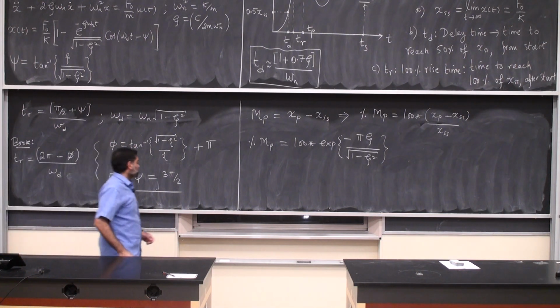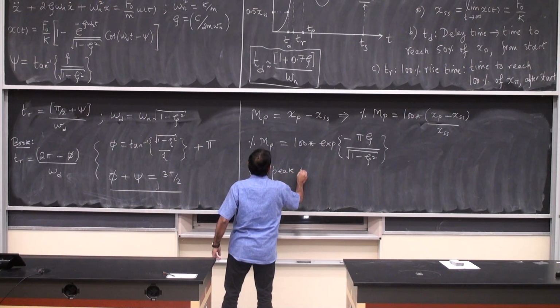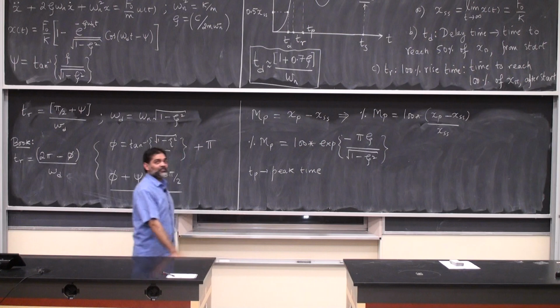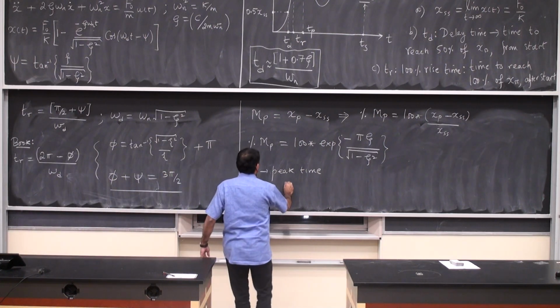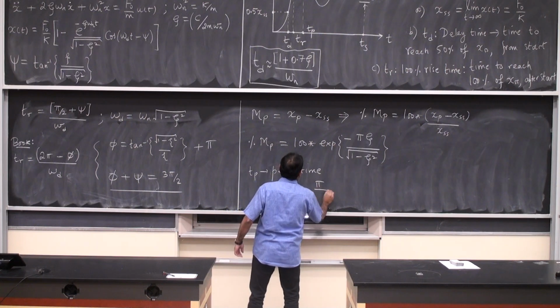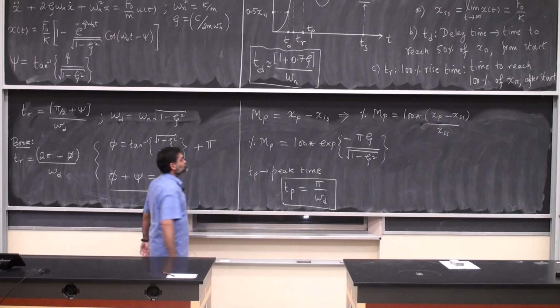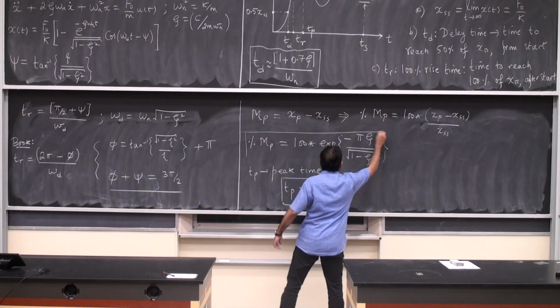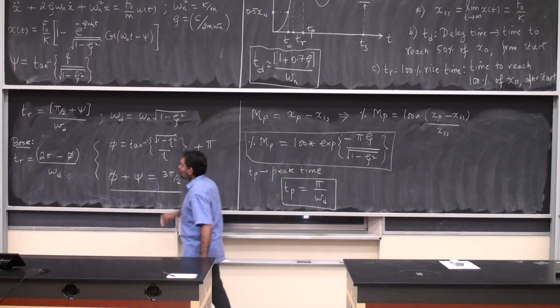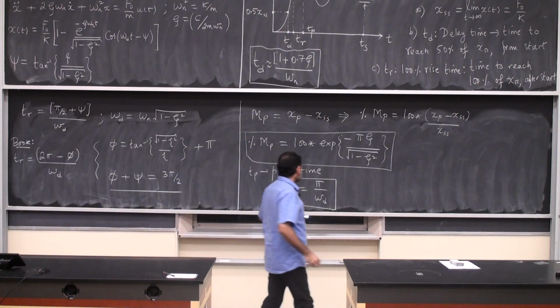And Tp is the peak time. We derived this as well in the last class. Tp is just pi by omega d. I put a box around this as well. And the last one is settling time. So Ts